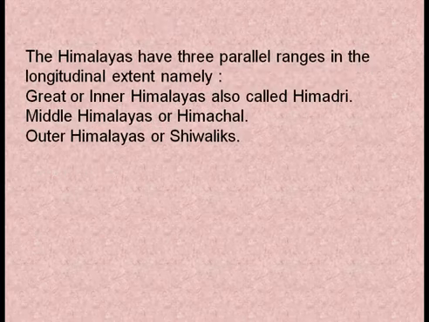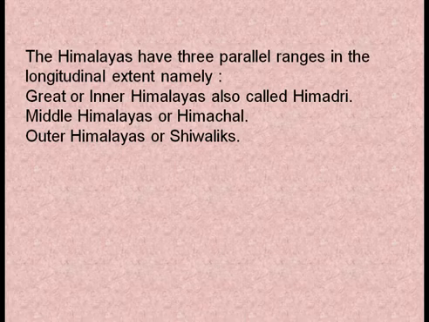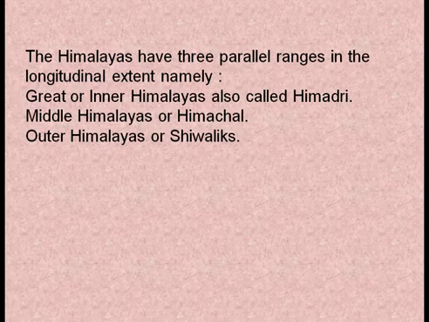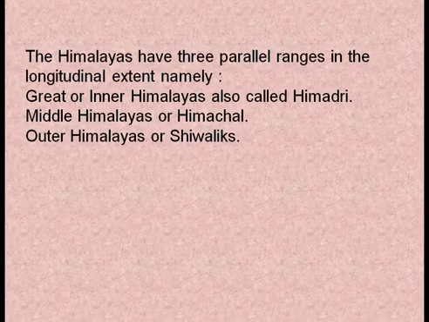The Himalaya have 3 parallel ranges in the longitudinal extent, namely Himadri, Himachal and Shivalik. Himadri can be called the greater or inner Himalaya, Himachal is called the middle Himalaya and Shivalik is called the outer Himalaya. So Himadri, Himachal and Shivalik are the 3 important parallel ranges of Himalaya. Moving further,